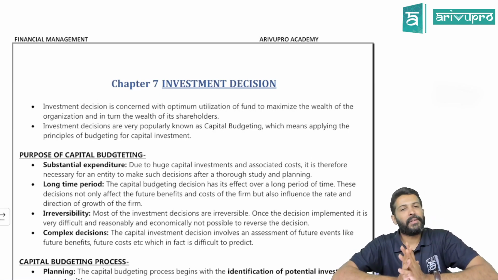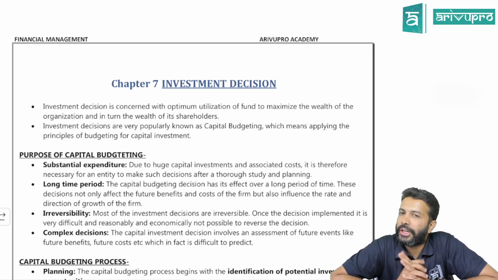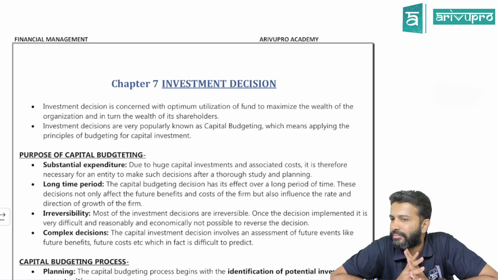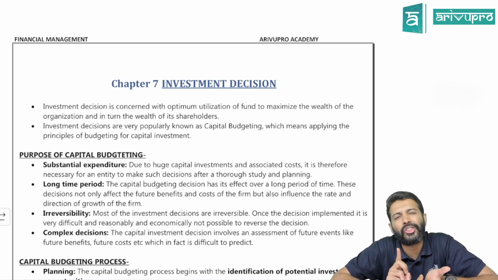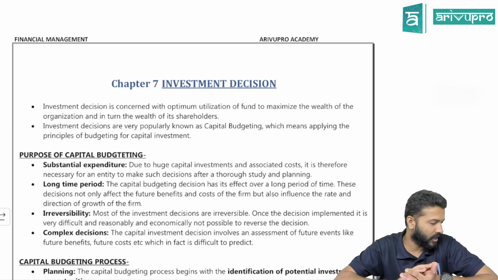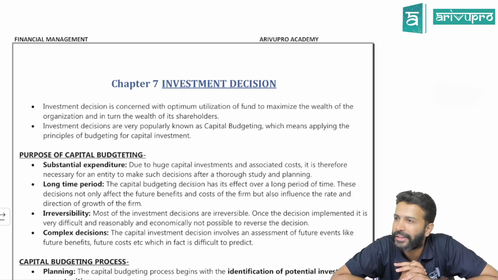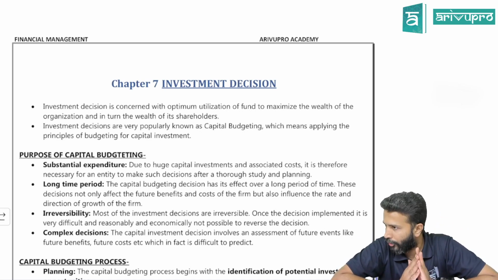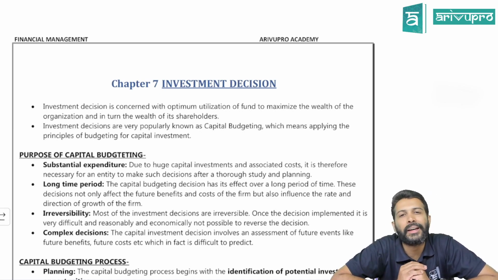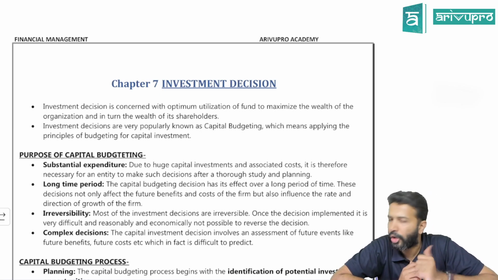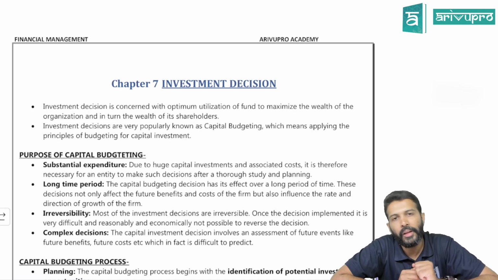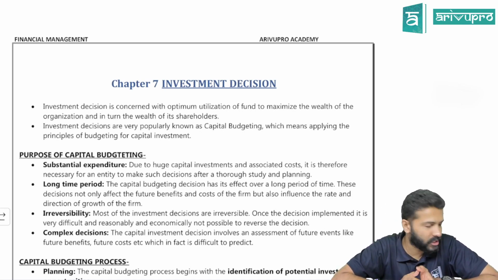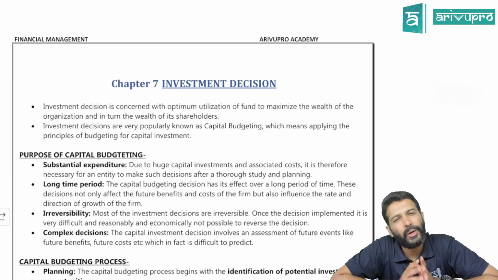All right. So when we had started our discussion of FM initially, I told you FM essentially involves 3 decisions. One is your financial decision, another one is your investment decision, third is your dividend decision. These decisions only are made as different topics. So far we have covered those topics which targeted the financial decision. Cost of capital, capital structure, leverage and all were under the financial decision. Now we have this and one more topic which comes under investing decision.